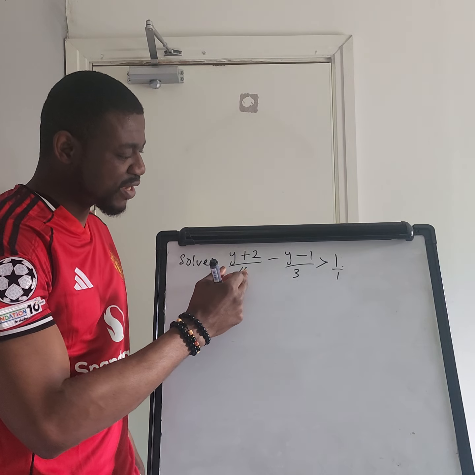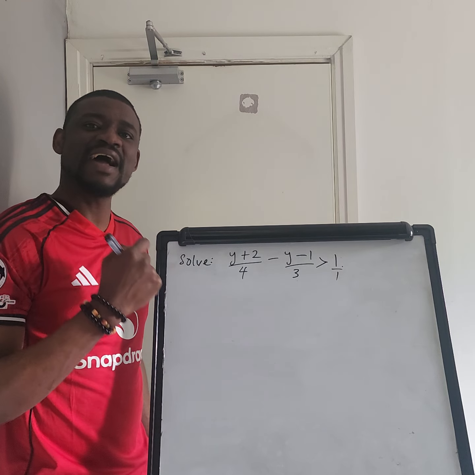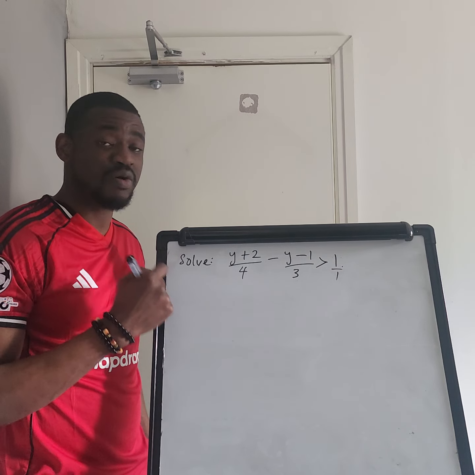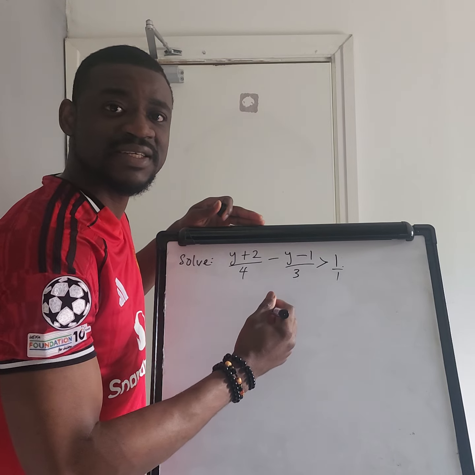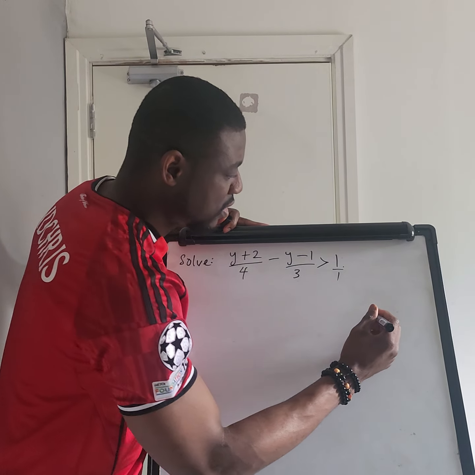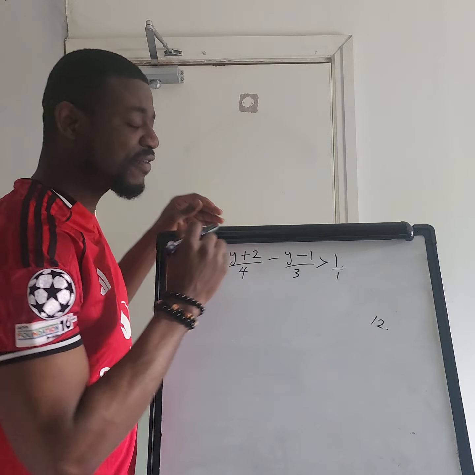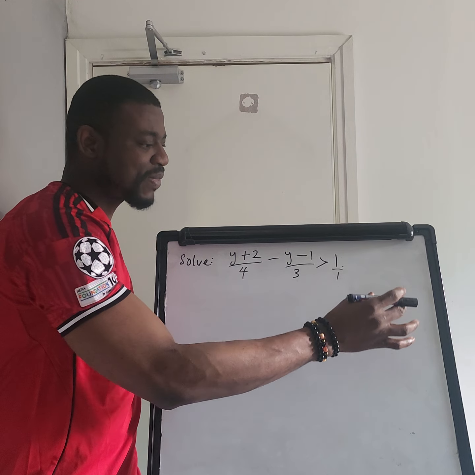Look at my denominators: 4, 3, and 1. I need to find the LCM of 3, 4, and 1. That is the lowest common multiple. What can 4, 3, and 1 divide? That should be 12. So 4 can divide 12, 3 can divide 12, and 1 can divide 12. That means our LCM is